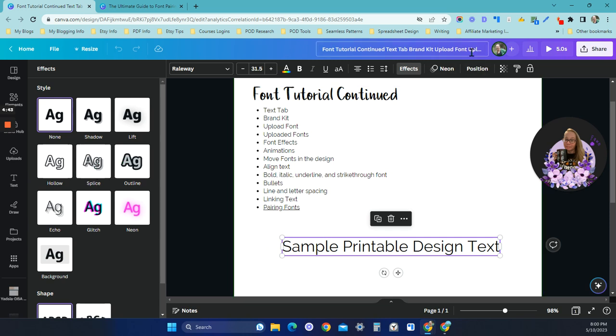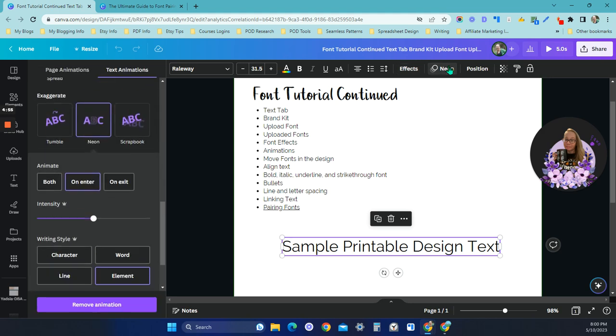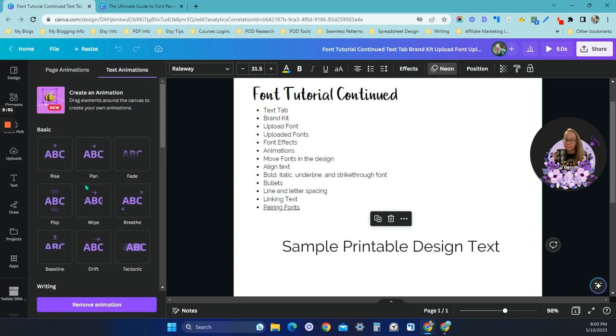The next thing I want to show you would be the animations. If you click on neon here, typically this will say animate, but I've already been playing around with this document a little bit, so I think I have an animation already set up here. If you click on animate, once you have the text selected, then you can get to the animations